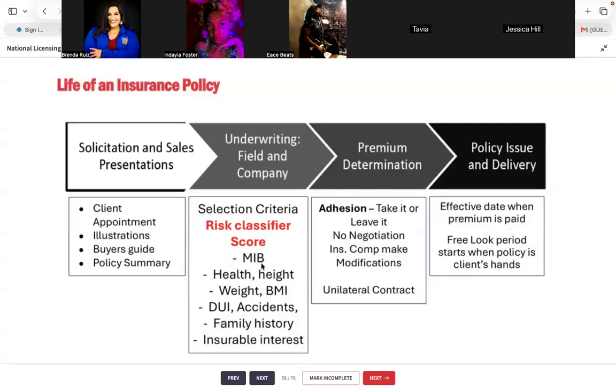I also have insurance on my son's dad. We are not married. We never were. The only thing we have in common is that we share a child. I am the owner of that policy. He knows about it. He had to sign for it. When I bought that policy, I had to have his social. I had to know what doctor he goes to. I had to know all of his most recent and current information. On top of that, he actually had to sign.